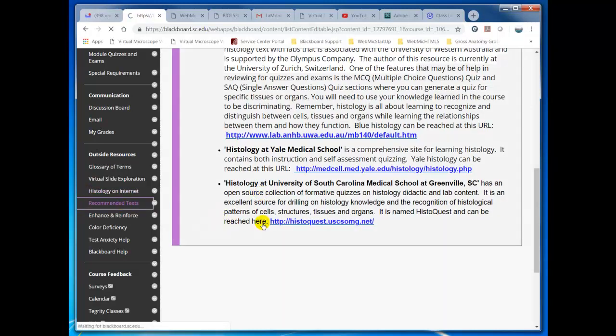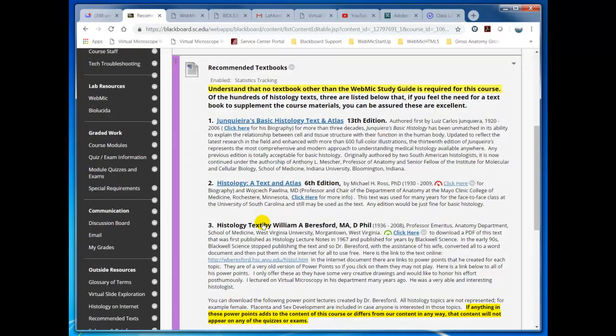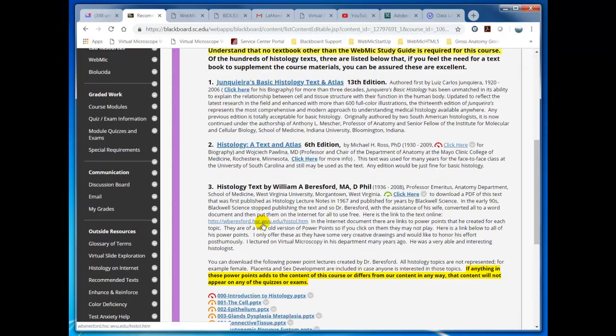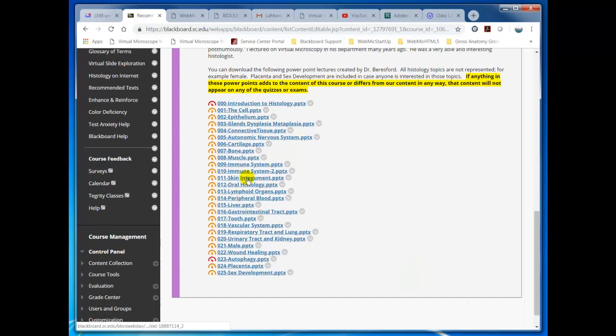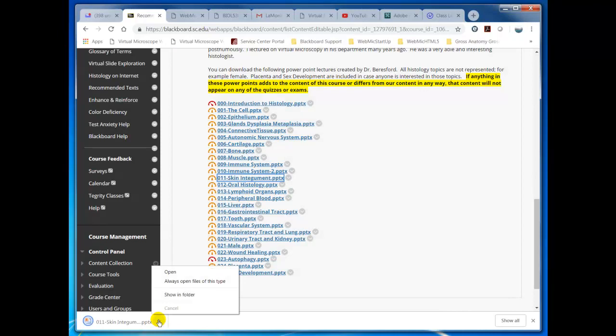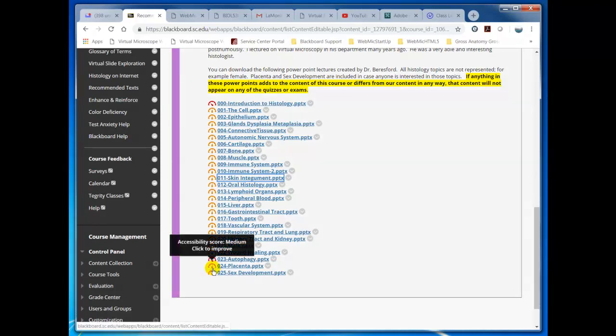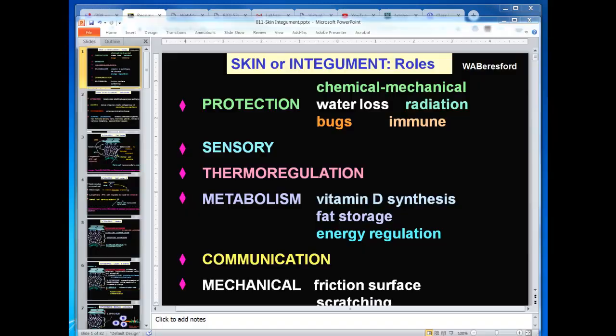And then we have recommended texts here, and those texts are not required. We also have PowerPoint lectures that you can zoom in on and download and then open them. And I'm not sure how fast this will open. I'll pause here. Yes, this is an example of